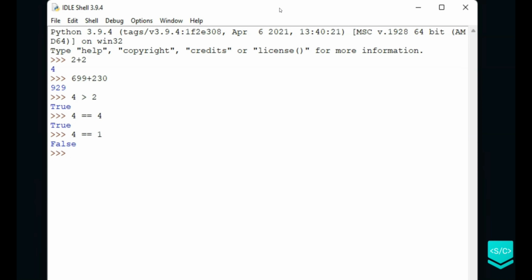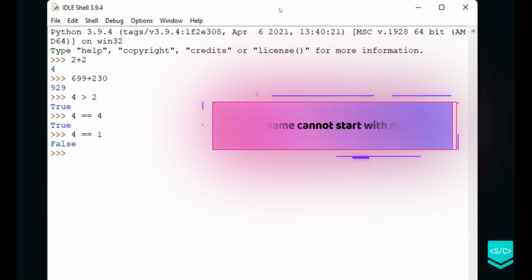So now comes variables. You need to remember two important things when it comes to variables. The first one is a variable name cannot start with a number. What I mean by that is I cannot do 1name equal to Vishu.